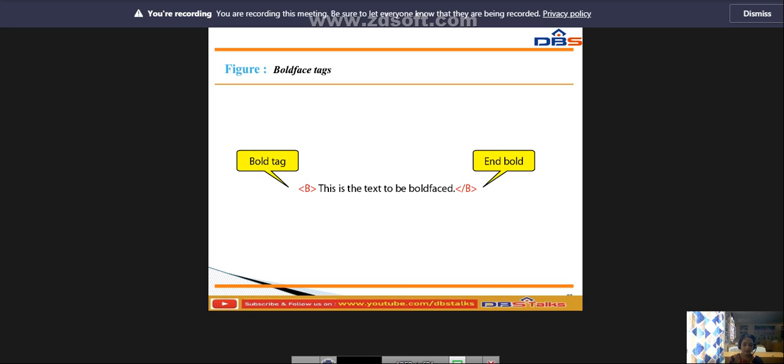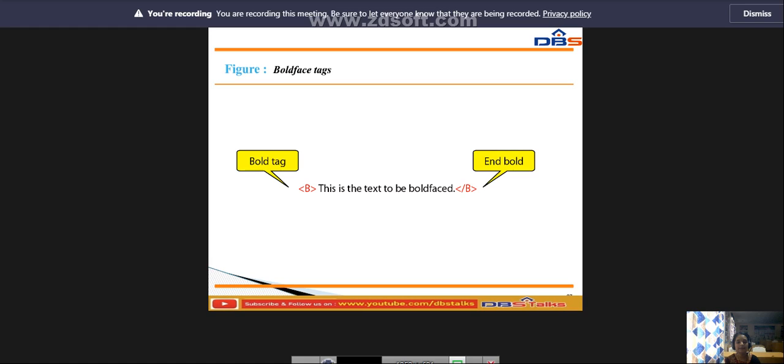Okay, in this we have the less than and greater than symbols with capital B. This is the bold tag, and this is the text to be boldfaced. This is the bold tag, and this is the end bold tag. Between them I am using the bold, meaning I have used only capital B here. In this we have the less than and greater than capital B, and this is the symbol. This is a bold tag, and if we are going to end the bold tag, we are going to use the slash. So these are the boldface tags.